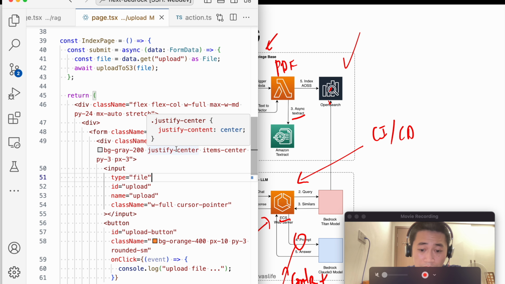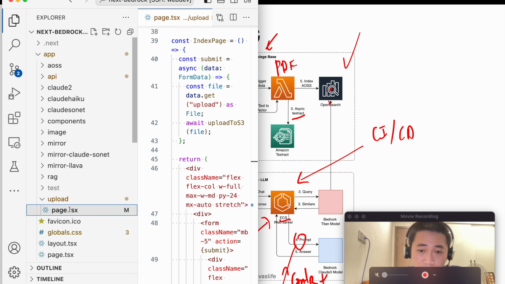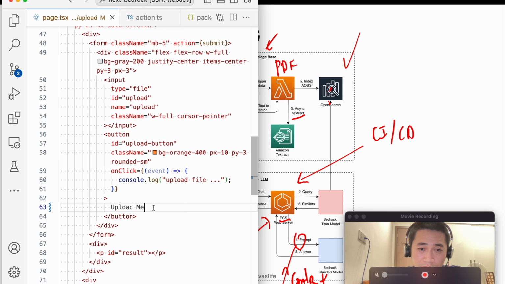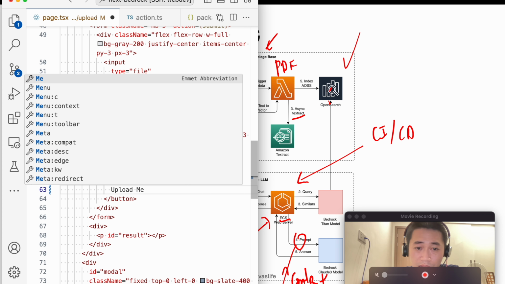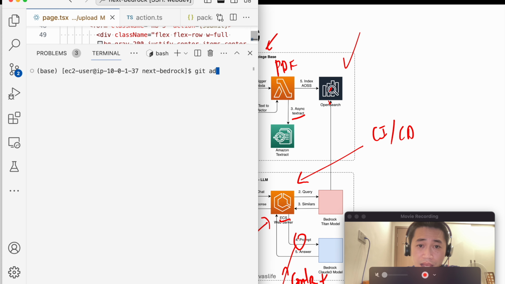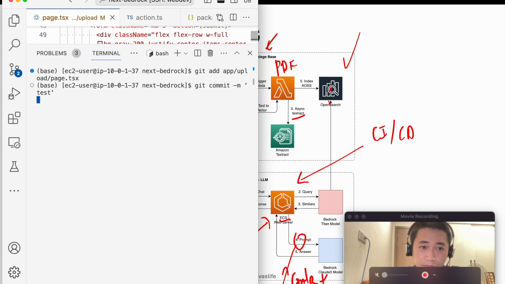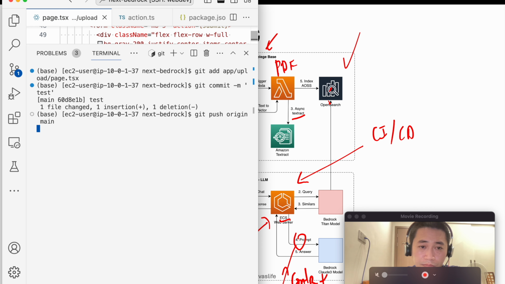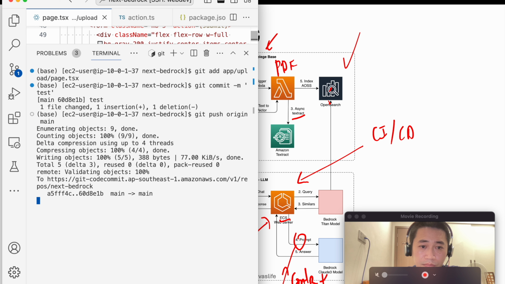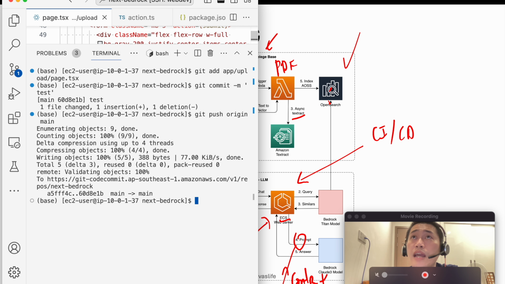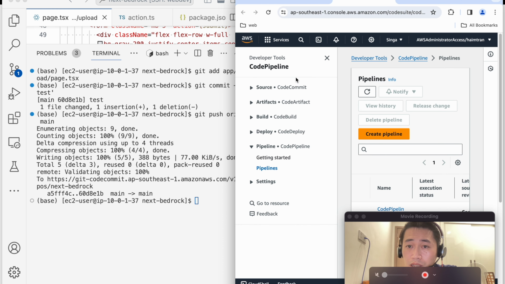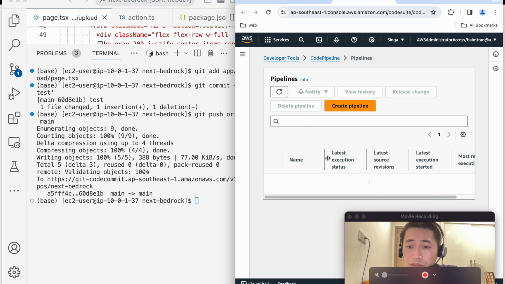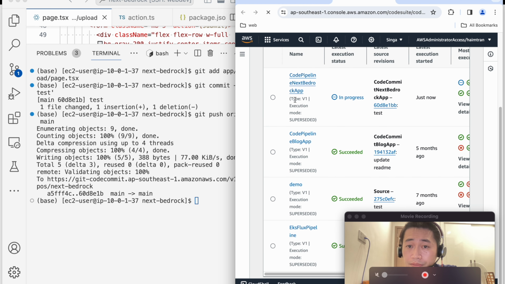Okay, and let me show you the upload page. So I also show you the upload page for uploading documents and indexing. So let me update the upload page, right? I update this one, and I git add app upload. Okay, so now it triggers a CI/CD pipeline, and let's see in here. I got my pipeline. It should be here. Refresh it. So it triggered this pipeline,